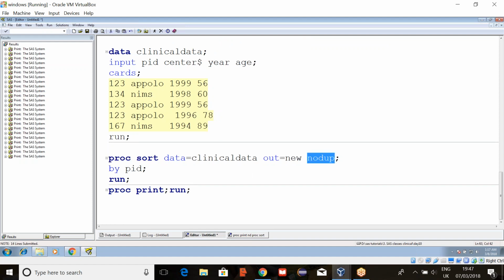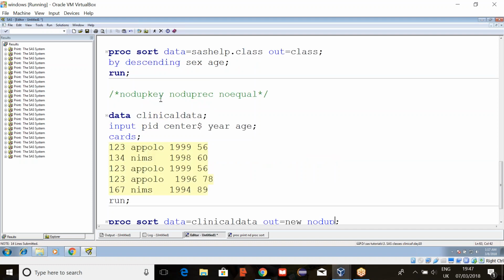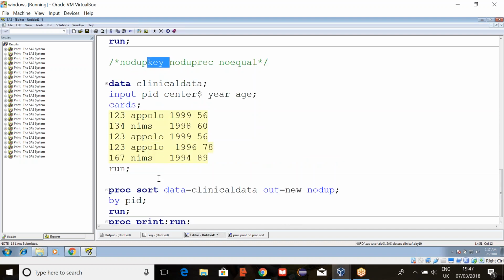Is that clear? So when you give noduprec, it completely removes the duplicate record. With nodupkey, key means we use whatever key variable we are giving, and it works based on that. Rec means the complete record. Nodup, nodup record or nodup rec are all the same. You can write it like this also.